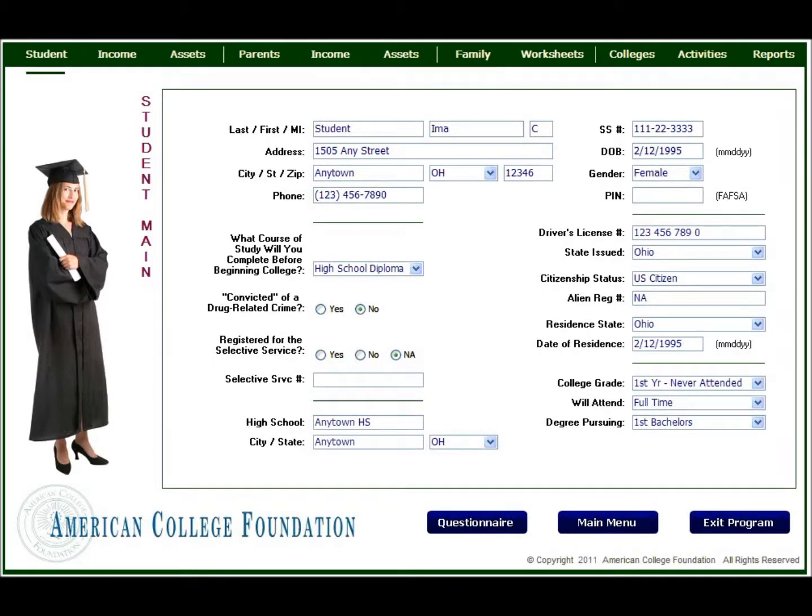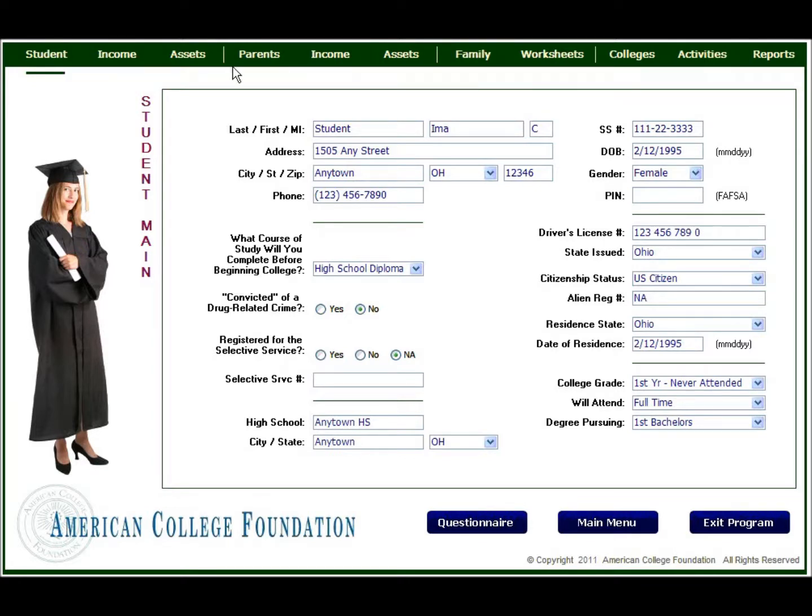First, let's take a quick look at the data entry portion of the ACF software and see just how easy it is to enter and manage your personal and financial data. Again, be reminded that all information is stored on your personal computer only, and only you have access to this data. The My Planner section of the ACF software is divided across the top into 11 different sections,